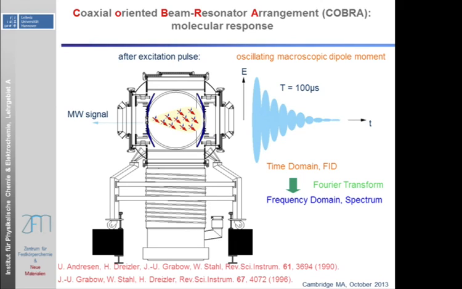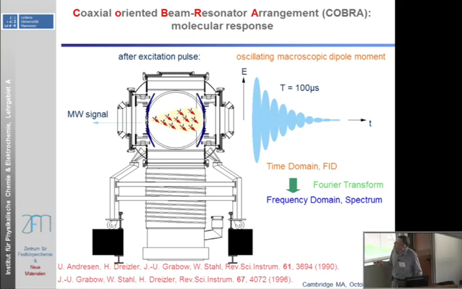The individual dipoles don't cancel out anymore. You get a macroscopic oscillating dipole moment that creates a macroscopic electric field in the resonator, which you can calculate using Maxwell's equations, and you can couple this out of the resonator. You get, of course, the advantage of the resonator Q enhancing your signal. You get this FID, which looks just like NMR spectroscopy; Fourier transform this and get your spectrum. And by applying this coaxially along your resonator axis rather than perpendicular, you get very good overlap between the active region of the resonator and the transient of your molecules. That enables you to get very narrow line widths that then give you very sharp peaks.